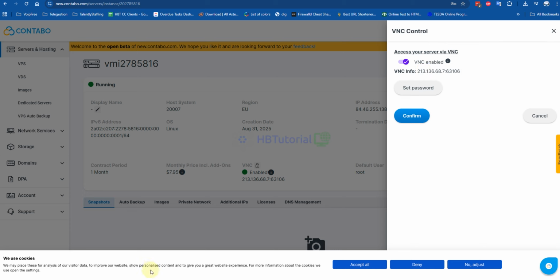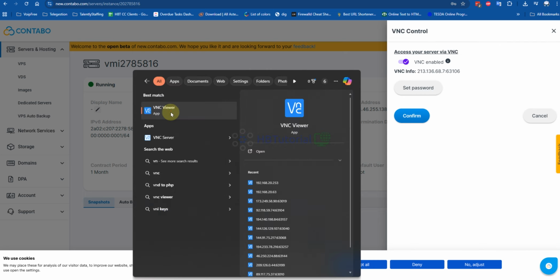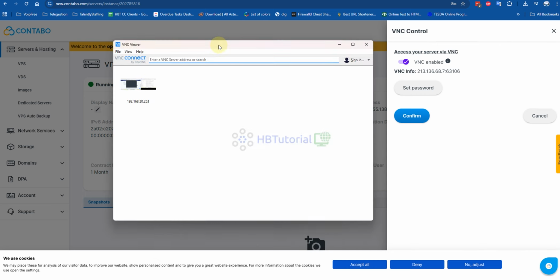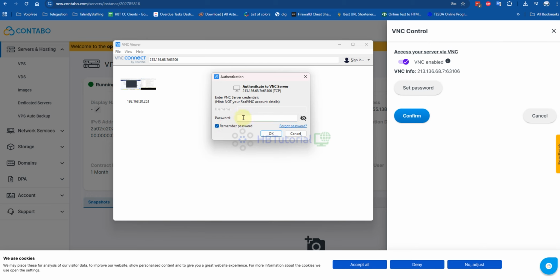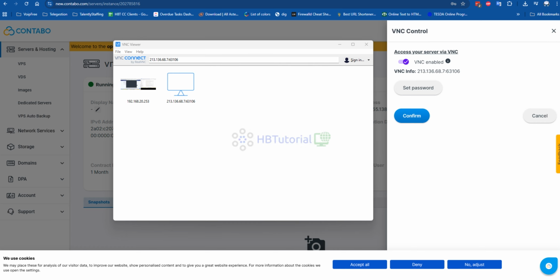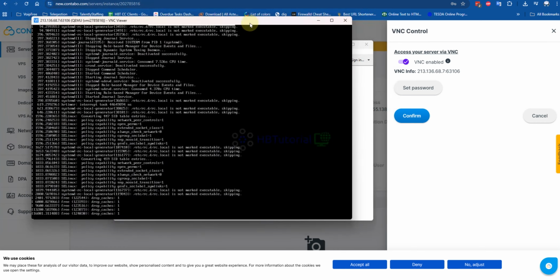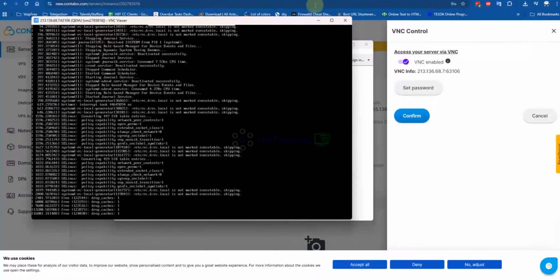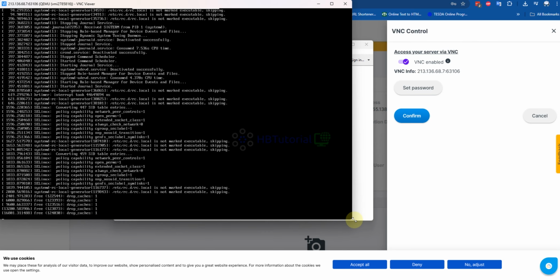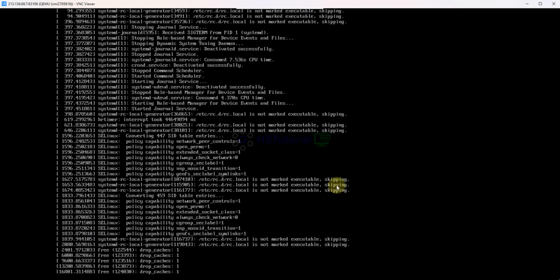So you need to open your VNC viewer. You need to download your VNC viewer. Okay, paste. And then while you are here, just input your password, something you'll remember, so I can connect anytime. Then you will see here. Right now I have set up something, so we need to wait until our ISO is uploaded, then we can start over here.